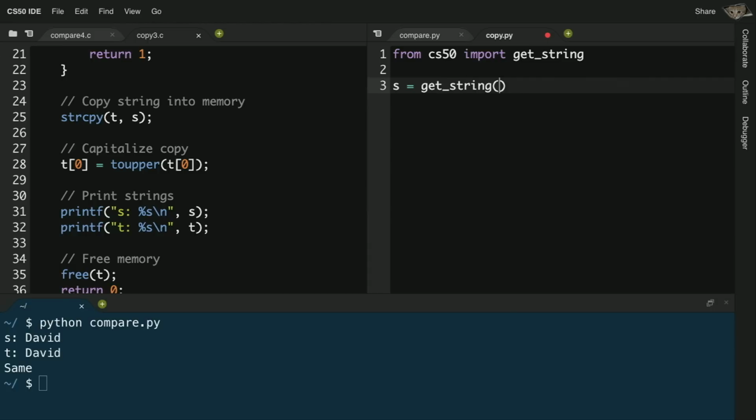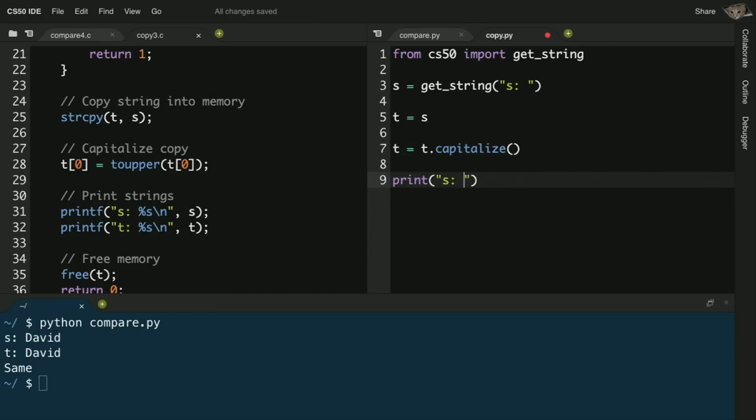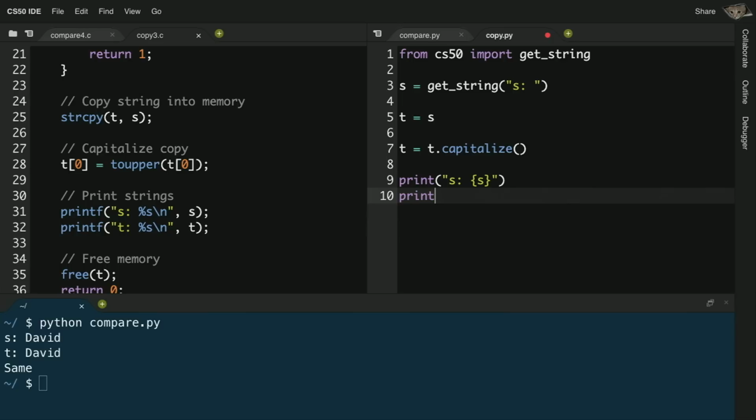I'm going to go ahead and get a string like s from the human. Then if I want a copy of s, just give yourself a copy of s and call it t. That will copy the actual string, obviating the need for malloc and strcpy and free. And if you want to go ahead and capitalize t and only t, that's fine. Just call t.capitalize, and it will handle the process, not of uppercasing everything like the upper function, just capitalizing the first. If I now want to print out s and I want to print out t, I can do that